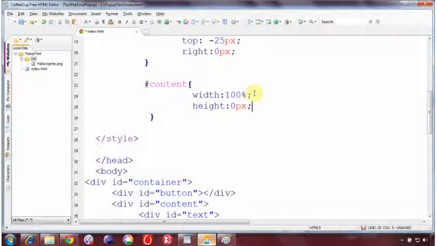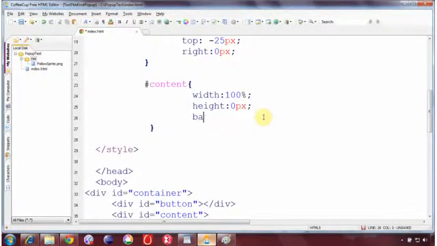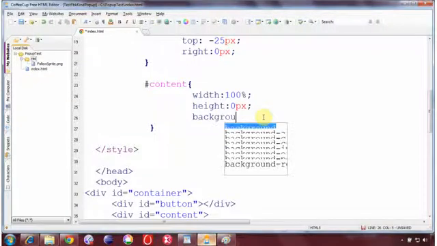Right now I'm not specifying any height. According to the content you are going to have inside that div, or you can simply remove the height. Whatever content you place inside the div keeps on increasing according to it. I'm not restricting it to any size. Next is the color and kind of thing, like the background color, what you want to have, you can specify.